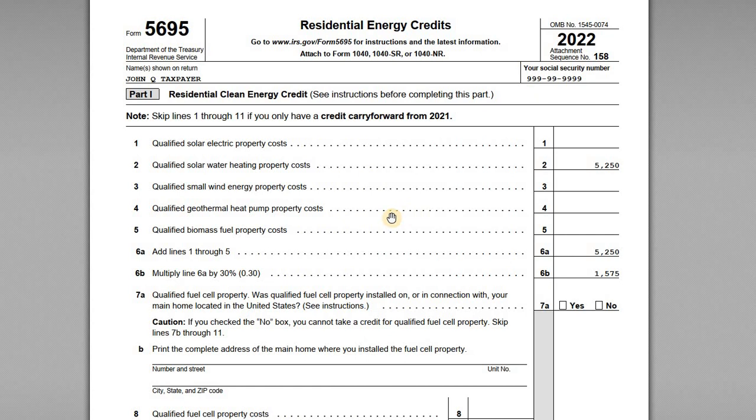So obviously, when we look at this form, it's 2 pages. There's a lot of different types of credits that you can qualify for, but we really want to just focus on this one element for this video, and I'll cover some of the other eligible credits in subsequent videos. So again, we're working with the 2022 tax year here. The credits are still in place in 2023 and going forward, but some of the amounts change, right? There's different caps and different percentages, so that's why we're just going to keep it focused on 2022